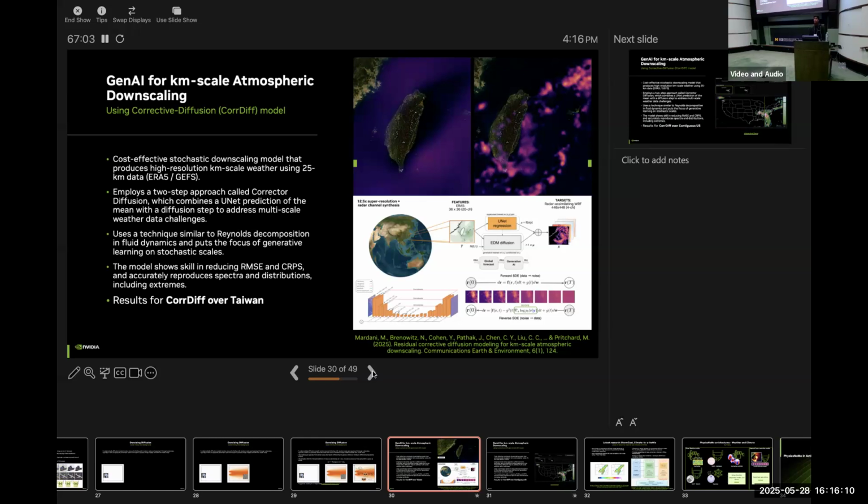You're using a new set of data for the super resolved field? Yes. So the data is two sets. One is the 25 kilometer scale coming from, again, the same ERA5 data that was used for AFNO. And then we have kilometer scale data just on Taiwan coming from the Taiwan Meteorological Agency. And the model is basically trying to create a mapping between these two. The boundary conditions for the super resolved set, how are they handled? Yeah, so this does not handle any boundary condition. It's just temporal snapshots in space.